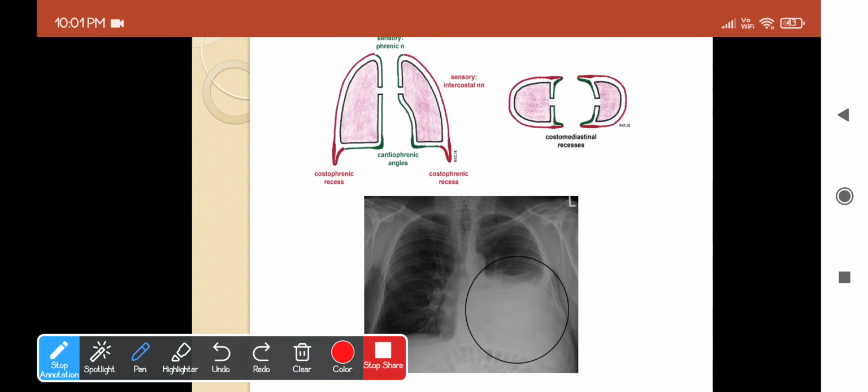Going for the costomediastinal recess, this will lie between the costal and the mediastinal parts of the parietal pleura. If you take the right recess, it will be occupied by the anterior margin of the right lung in normal quiet breathing itself. If you take the left recess, this will be still more expanded because of the presence of the cardiac notch. Cardiac notch is nothing but a space in the lung which will accommodate the heart. So it will be indented a little more towards the inside, and thereby the space will be much more expanded, and you can find this space by percussion or tapping.